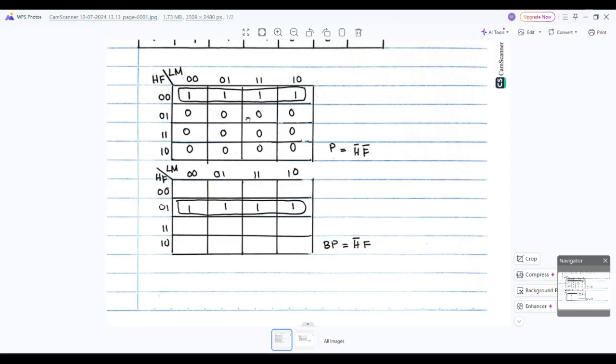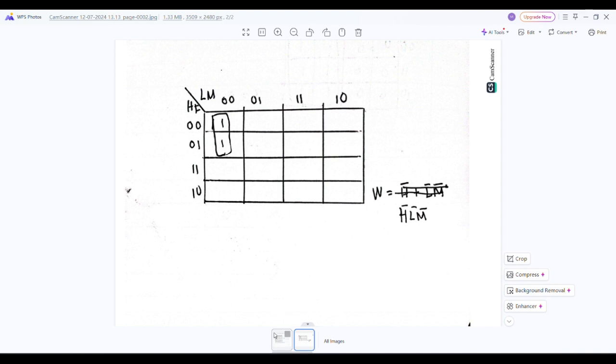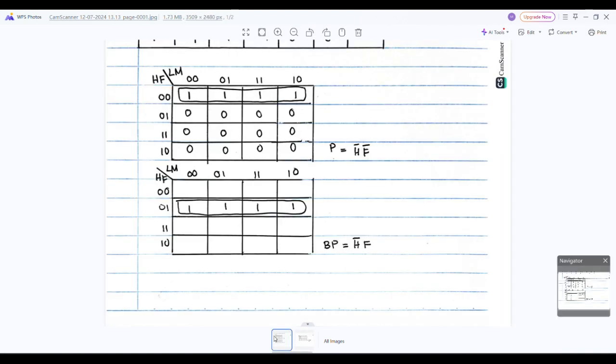After that, we will see our KMap. Here is how the KMap looks. So we have three outputs: P, BP, and W. So why do we do KMap? Because we want to simplify the Boolean equation. So how do we do it?